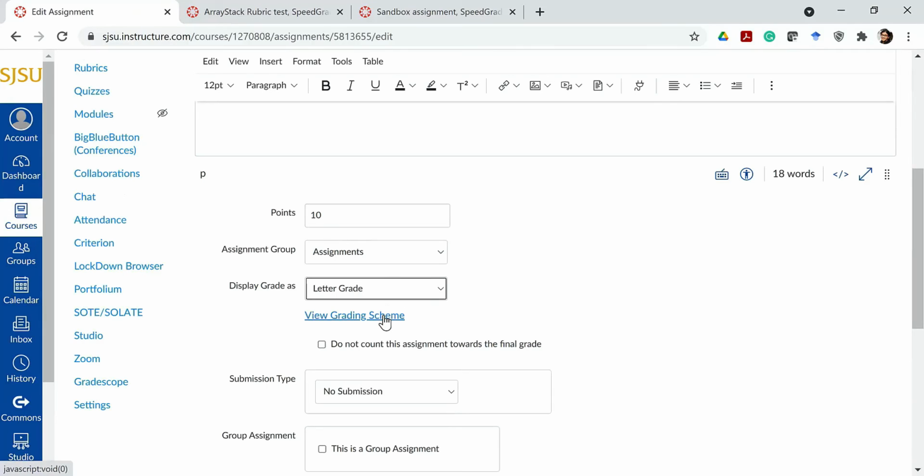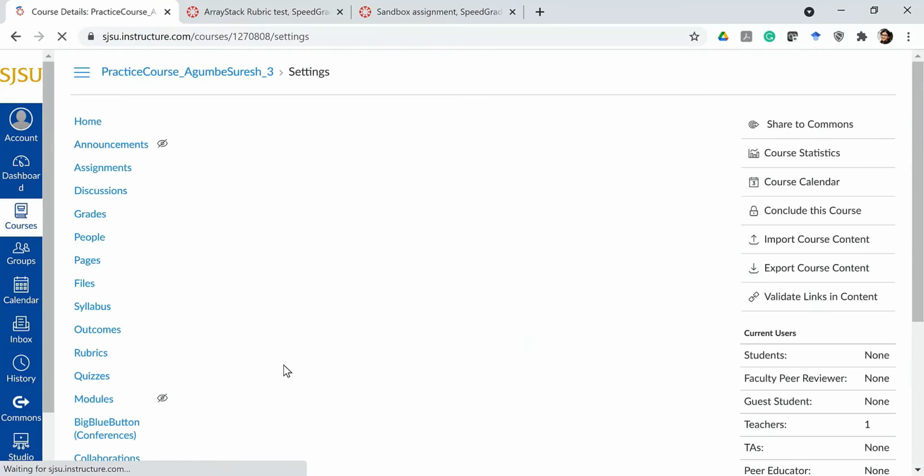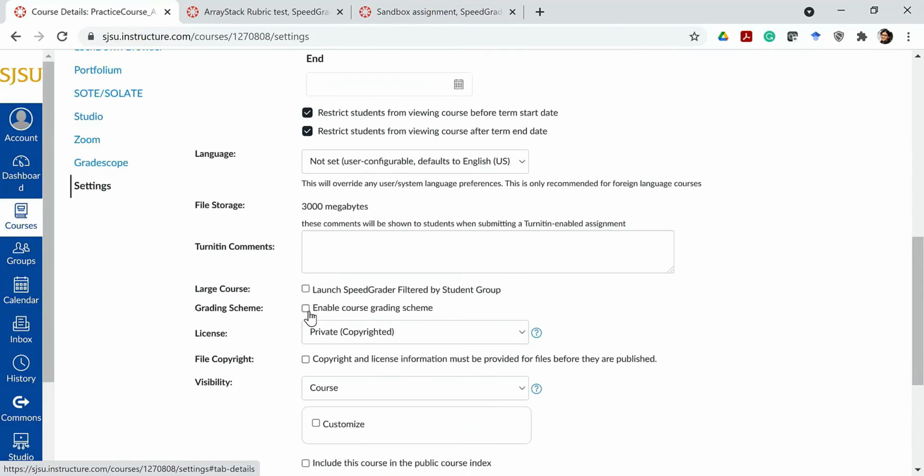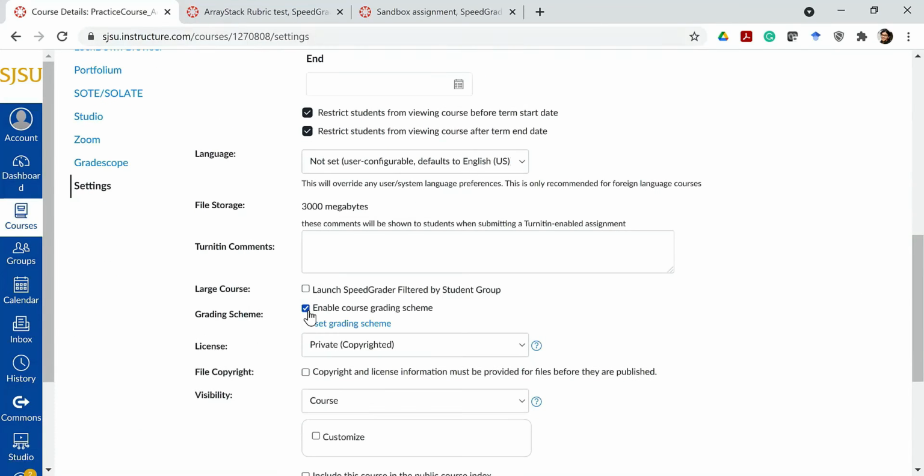And to be able to do that, you need a grading scheme for the course. To set a grading scheme, you can go to the settings for your course details. There should be an enable grading scheme for the course. This usually sets the grading scheme for the entire course, meaning the final score gets translated to the letter grade.